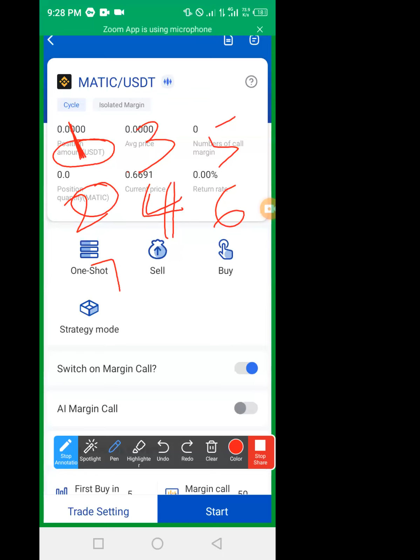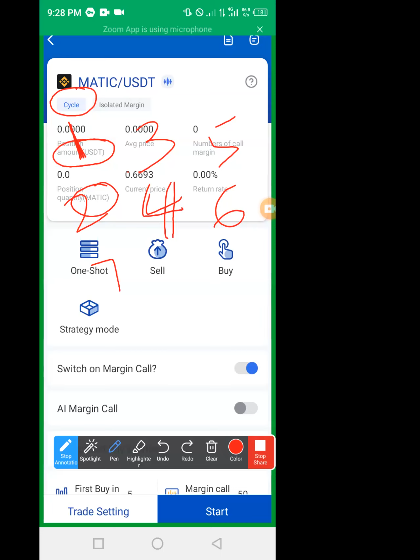While if you don't want to trade in one shot, you trade in cycle. Cycle means as soon as you sell, buy again. So the robot is going to keep on cycling and cycling. You sell, you buy again. The robot is doing it by itself until you feel you are tired of trading that coin, then you stop it. You put it in one shot, then it sells the last time, and then it stops. It doesn't buy again.